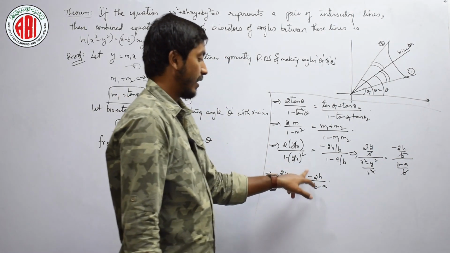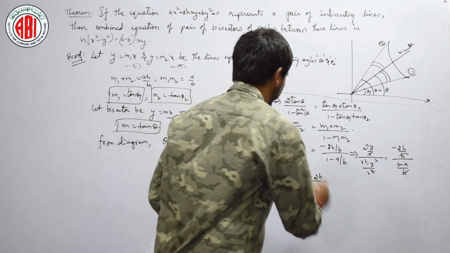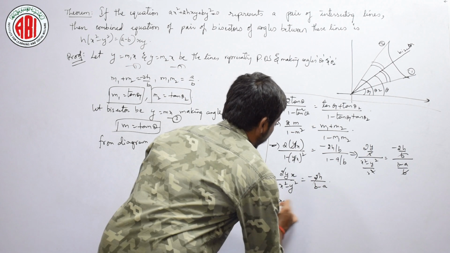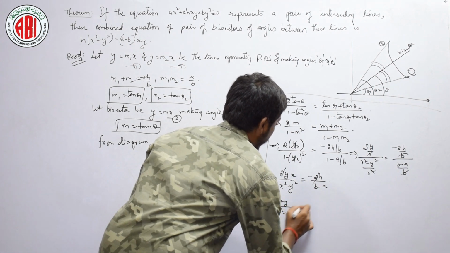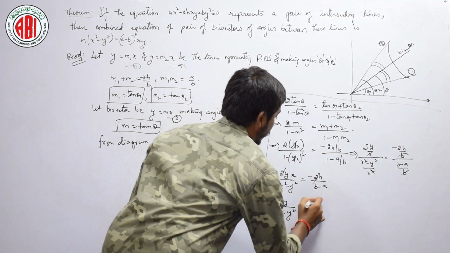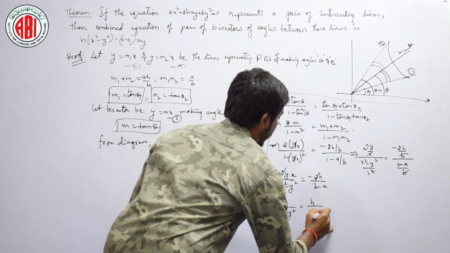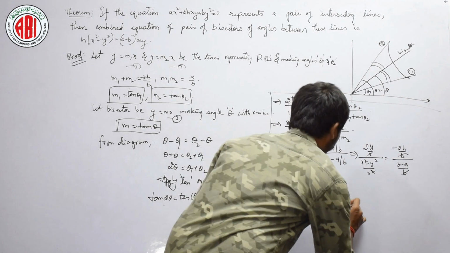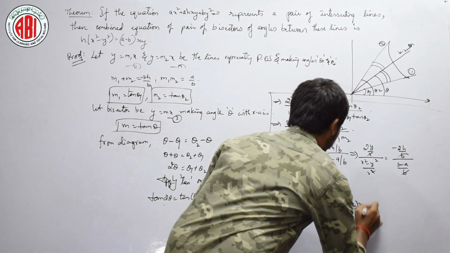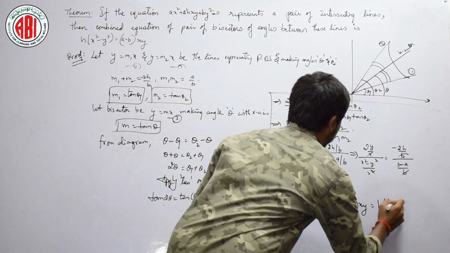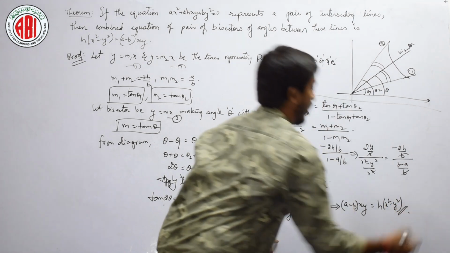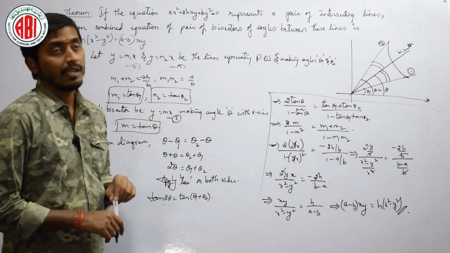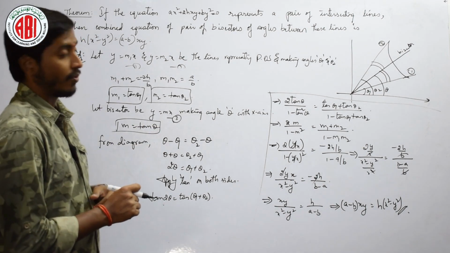Now let us multiply this minus to the denominator this way, and let us cancel this 2, that will become xy by x square minus y square equal to, let us multiply minus to the denominator, this will become h by a minus b. Let us cross multiply, that will become a minus b into xy is equal to h into x square minus y square. That is what he asked us to prove. Is it clear? This is again one of the most important 4 marks questions.